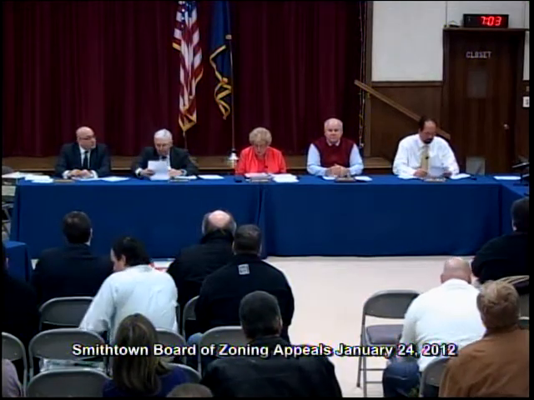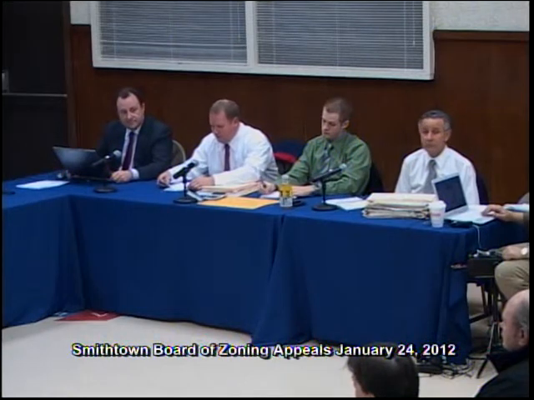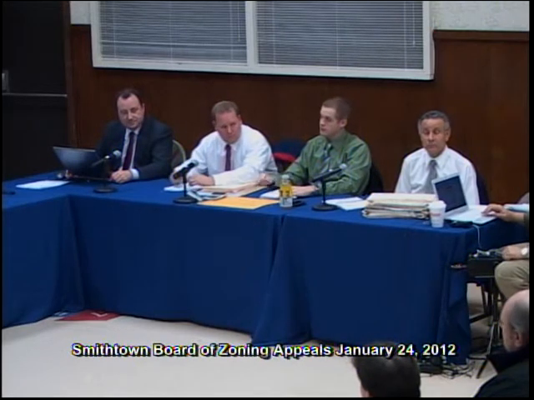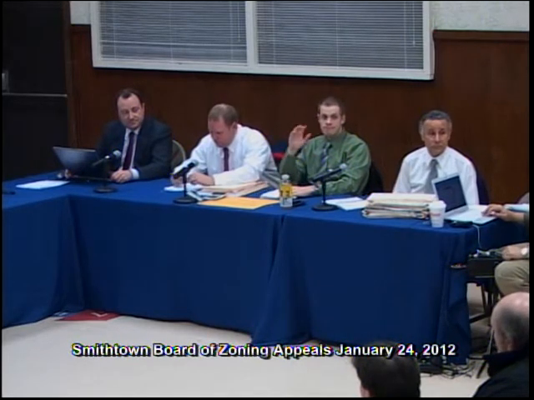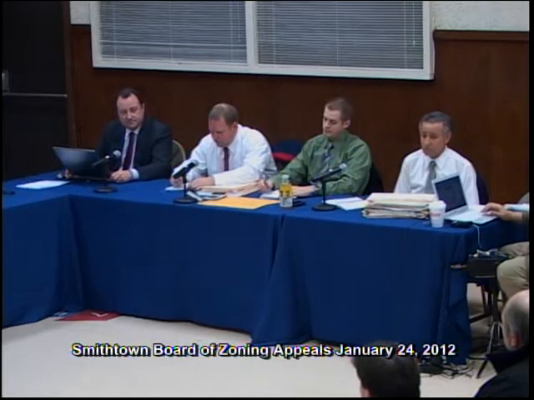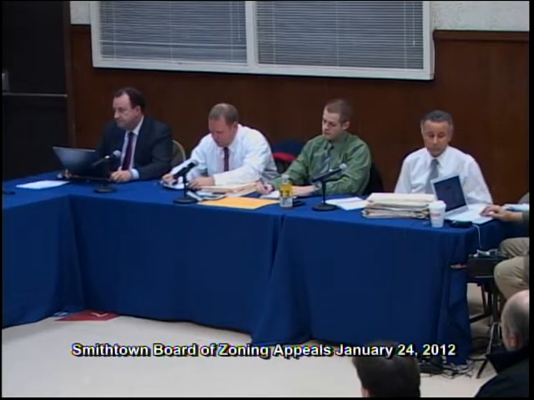Before we begin, let me introduce some members of town government that act as advisors to this board. To my left is Paul Hennings, counsel to the board. To his left is Peter Hans, planner in the planning department. To his left is Tom O'Brien, a planner in the planning department. To his left is John Bongino, town building director.